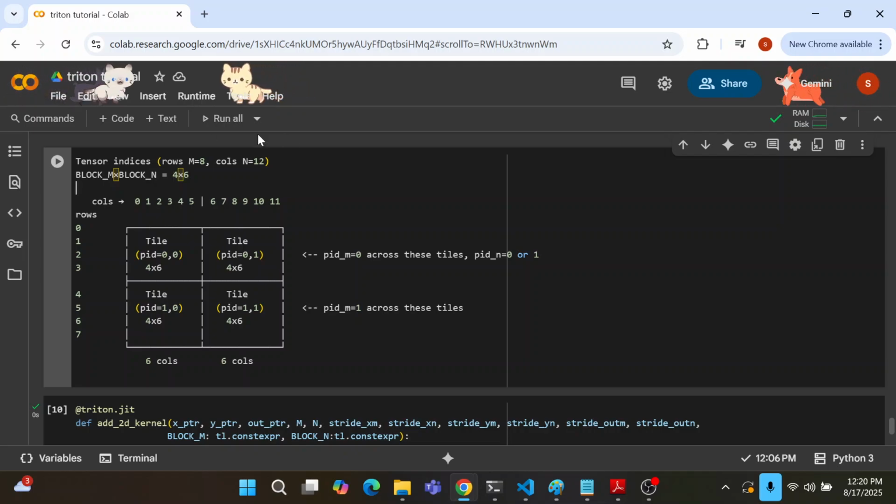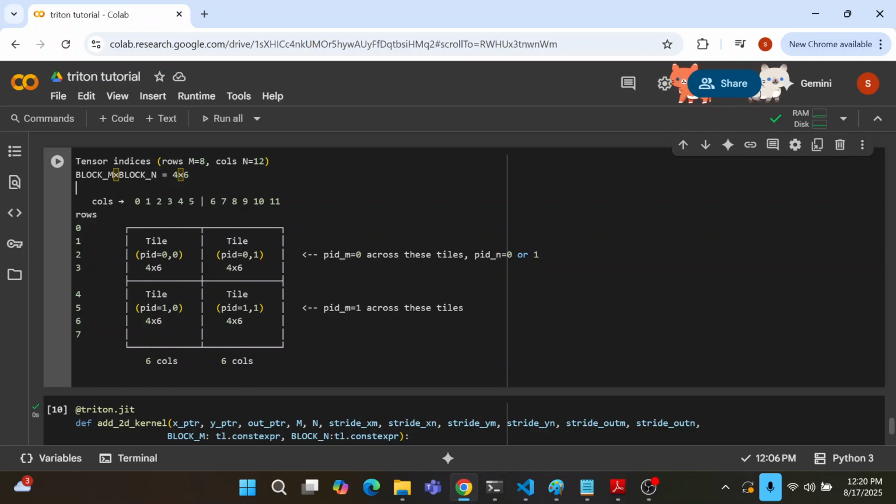Given a tensor like this, this is how Triton will internally take each tile. A tile is a smaller rectangle or square within your overall tensor, and it'll process that in parallel. Your PID on the x-axis will change depending on the block size.